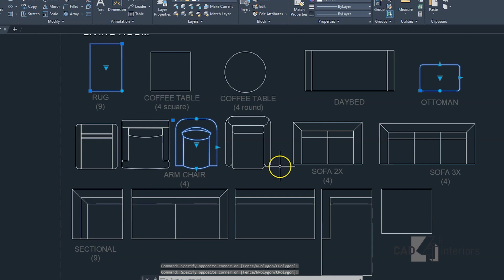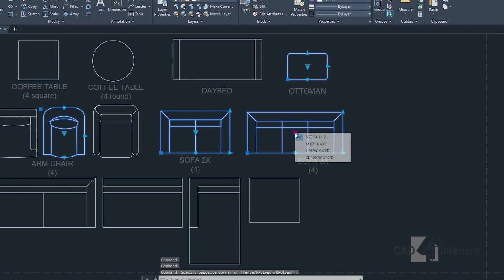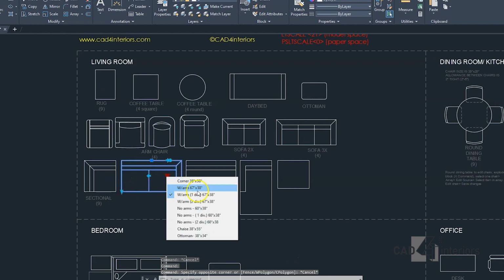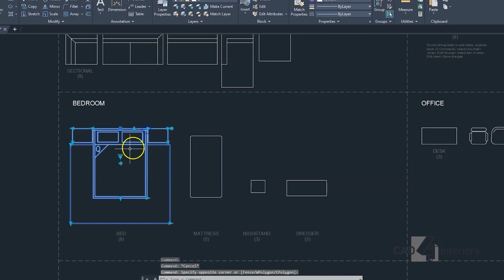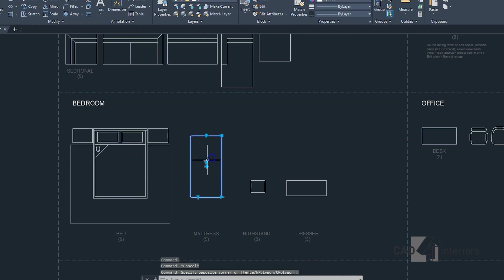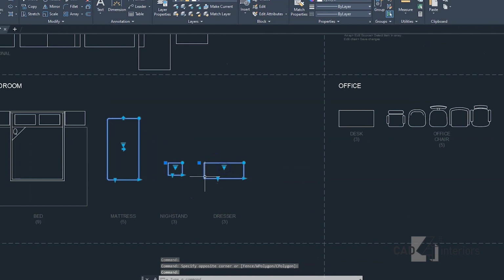armchair in 4 different sizes, sofa in 4 different sizes with 2 divisions, sofa with 3 divisions in 4 different sizes, then the sectional in 9 different shapes and sizes, the bedroom in all bed sizes, mattress in 5 different sizes, nightstand in 3 different sizes, dresser in 3 different